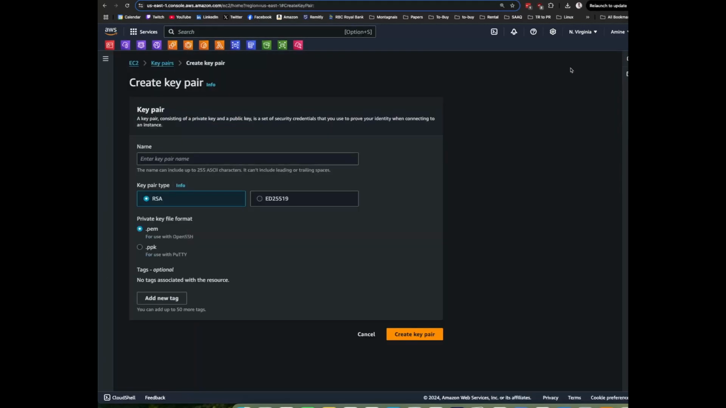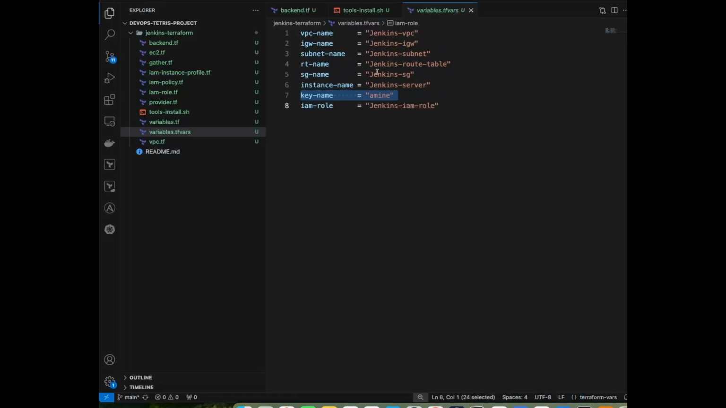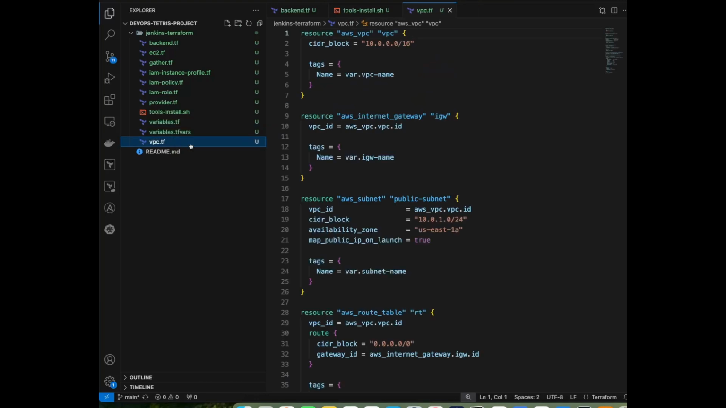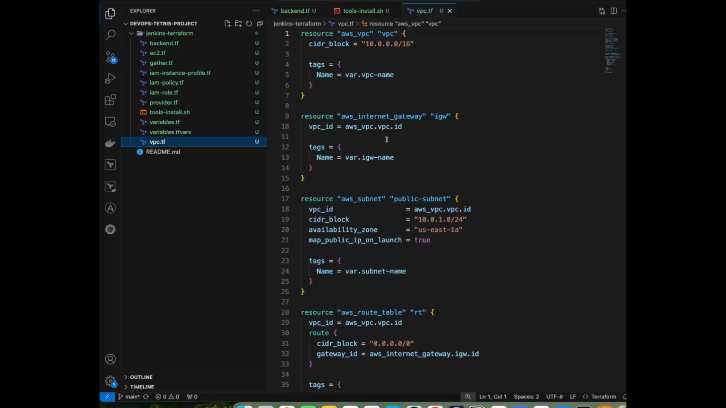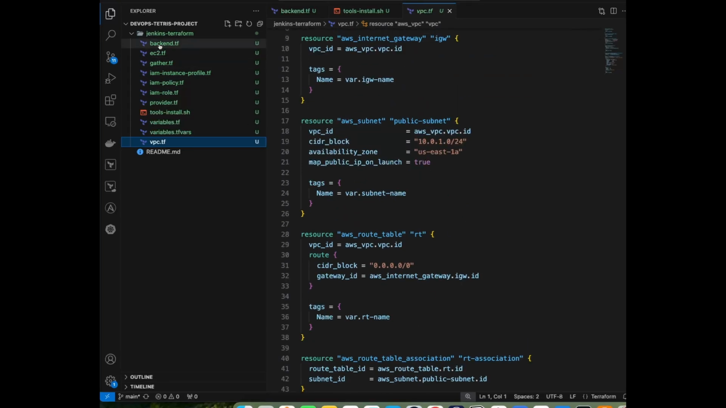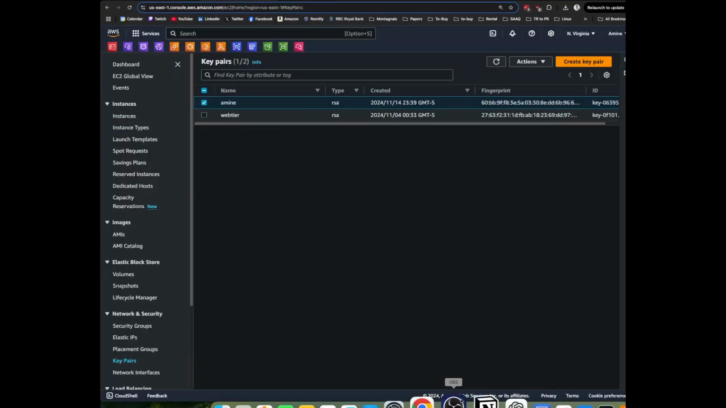Create a key pair. Just give it a name, RSA. Select that and just download it. It's just a file that will be downloaded to your operating system. And make sure to match the name here. Okay, and of course we'll create a VPC where we will host the EC2 server. Just a simple Terraform code. All right, so with this being done,